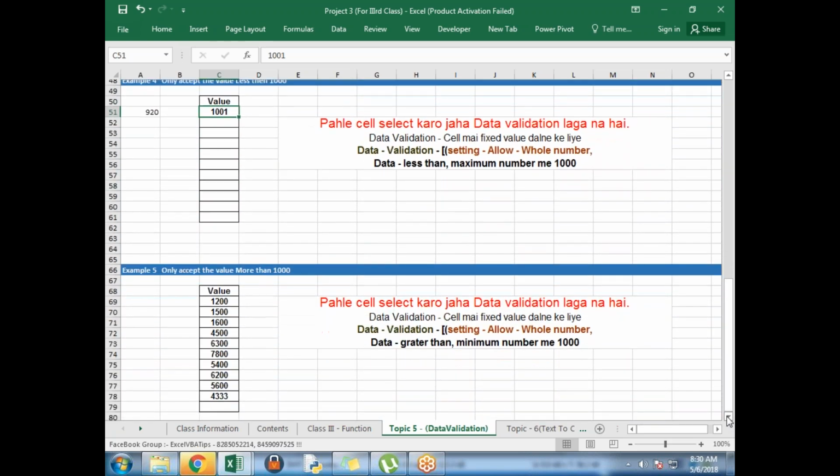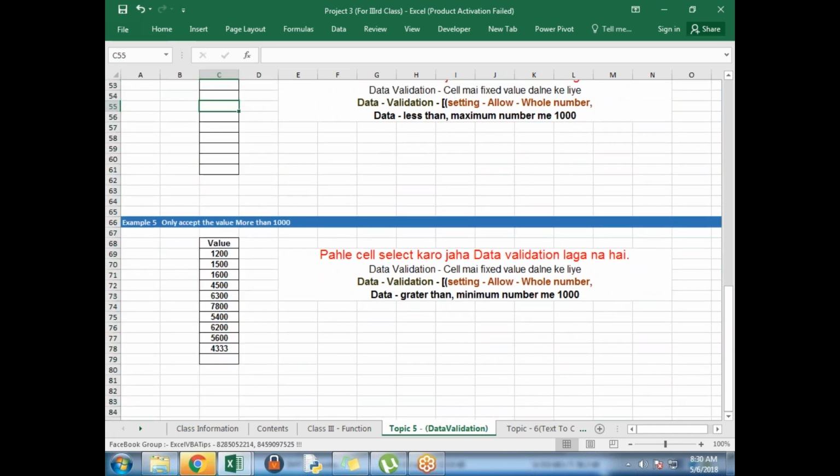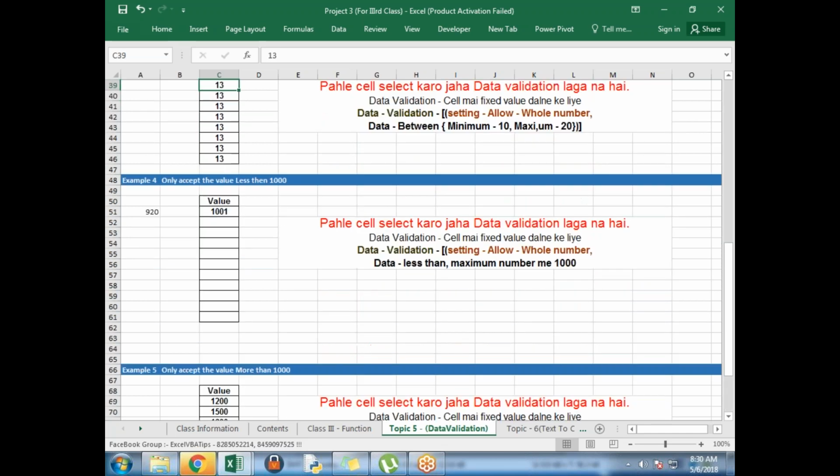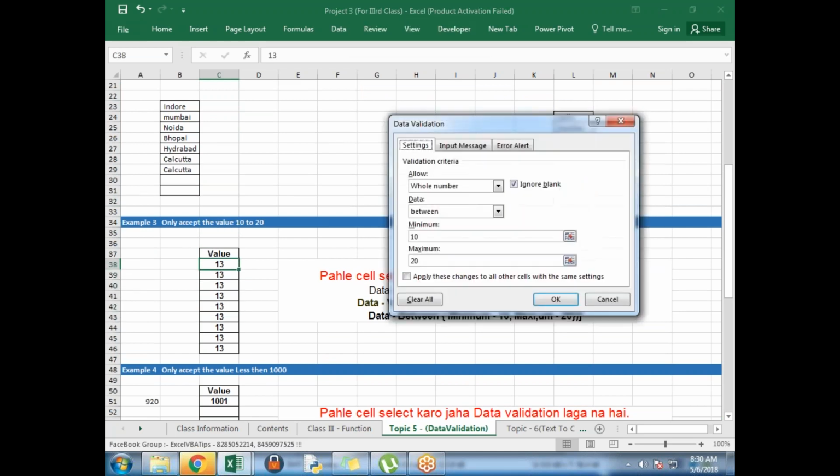Last one, only accept the value more than 10,000. The same way we can select more than 10,000. So these are the basics of our data validation. In a later class, we will cover the customized data validation as well. So in data validation, I can find